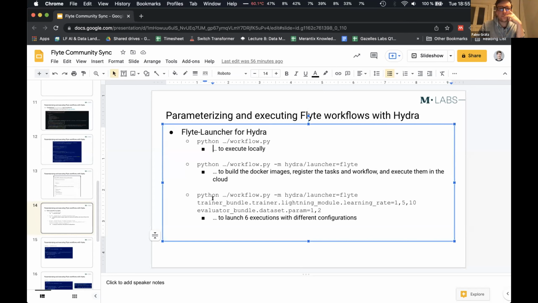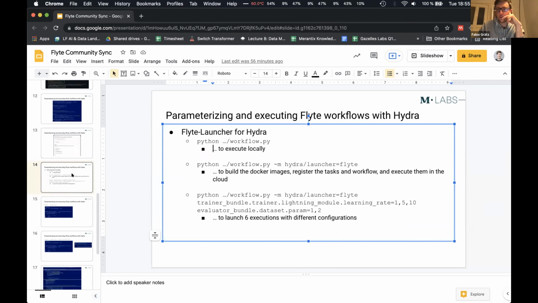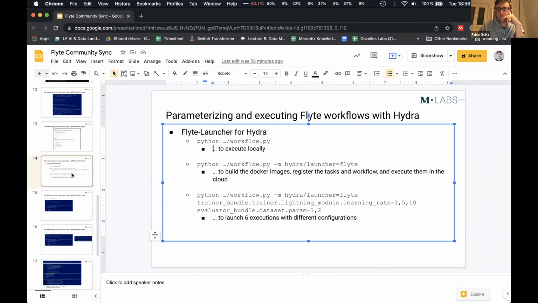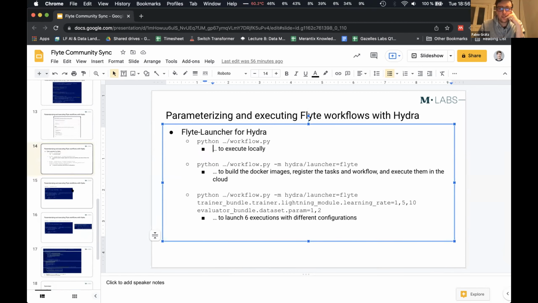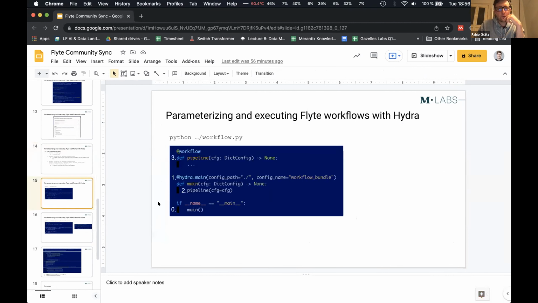And I will now give you a brief overview of how that works under the hood, because I'm really happy with how that turned out. And maybe some of these ideas can also be taken to FlyteKit, and maybe there could be a way there too to automatically build images and register everything. So